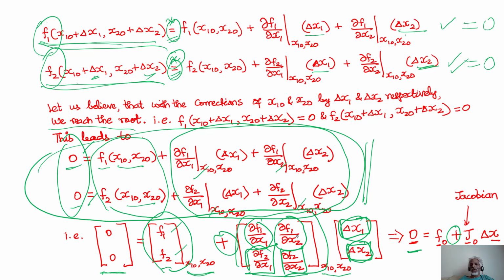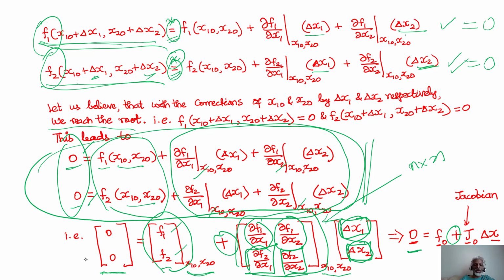The first row contains the first order derivatives of F1. The second row contains the first order partial derivatives of F2. And if you have n equations in n unknowns, the first row will be partial derivatives of F1 with respect to x1, x2, x3, up to xn. The second row of the Jacobian will have the partial derivatives of F2 with respect to x1, x2, x3, up to xn. The last row, the nth row of the Jacobian, will be the partial derivatives of Fn with respect to x1, x2, x3, up to xn. So this Jacobian matrix will be an n by n matrix. Here it is a 2 by 2 matrix, but in general it will be an n by n matrix.